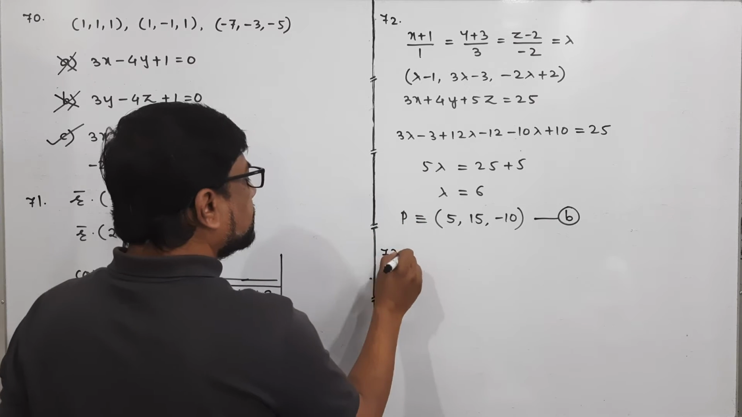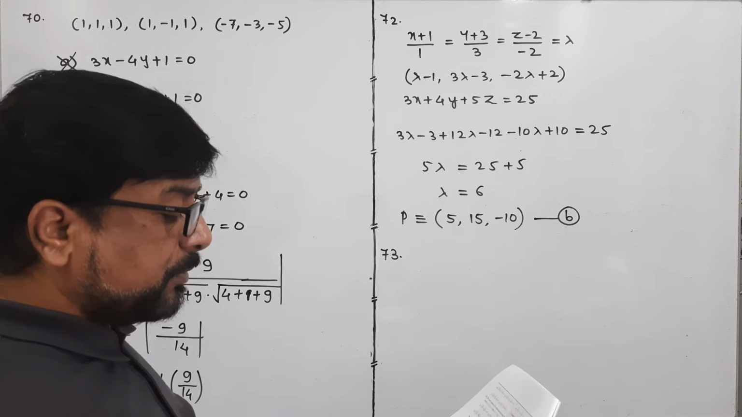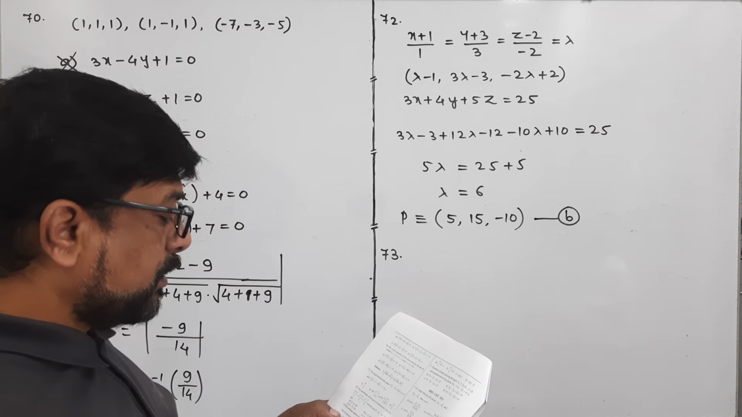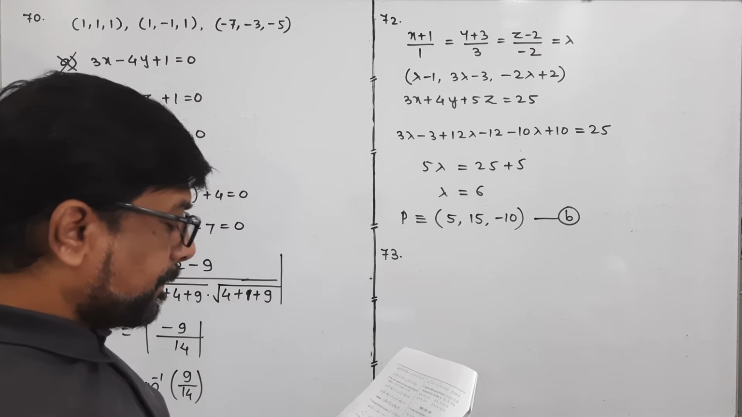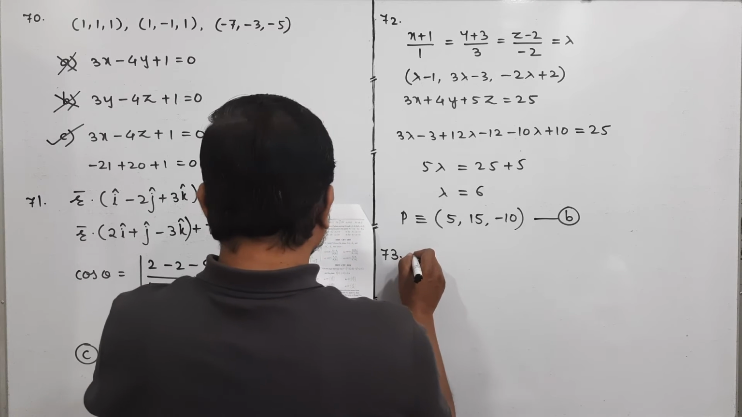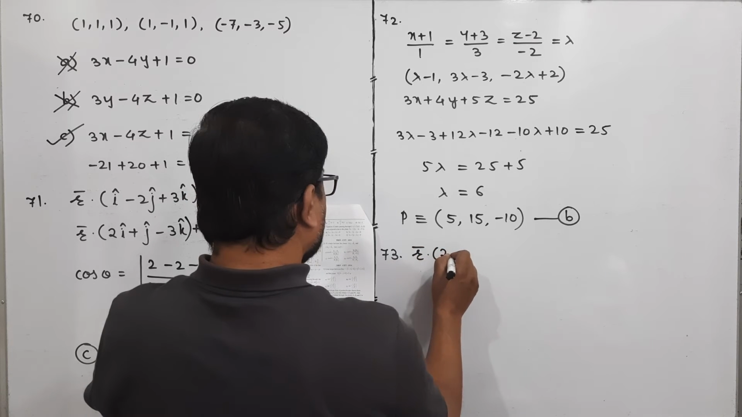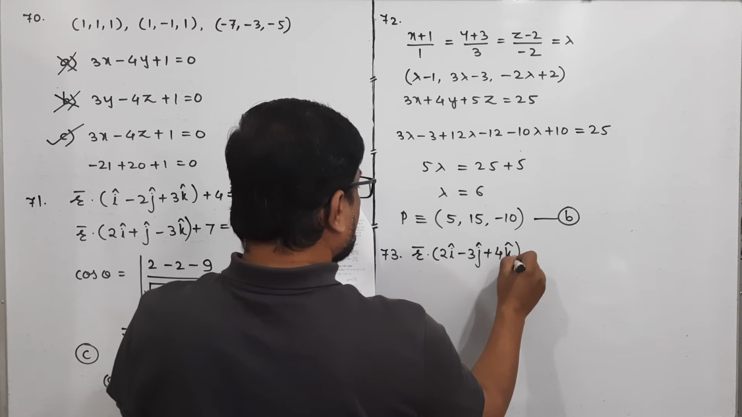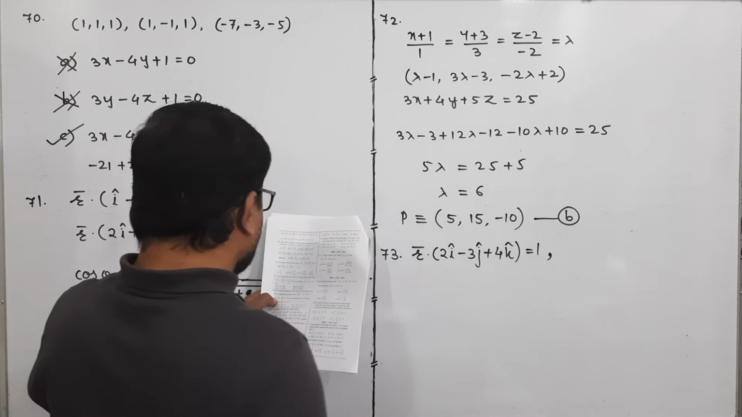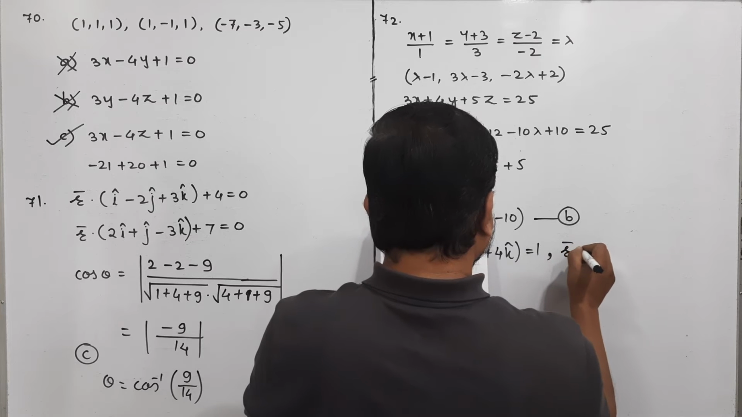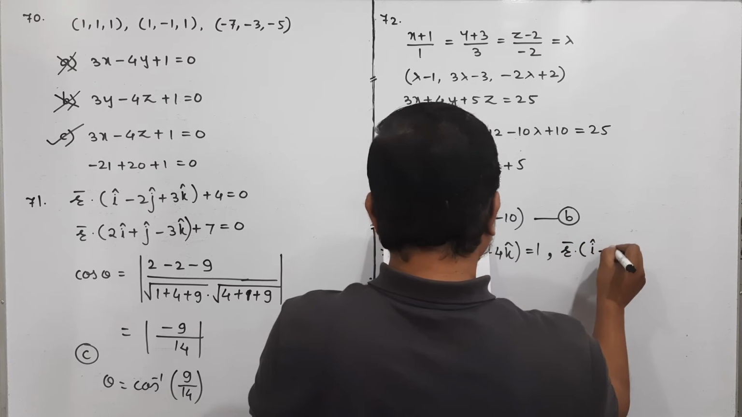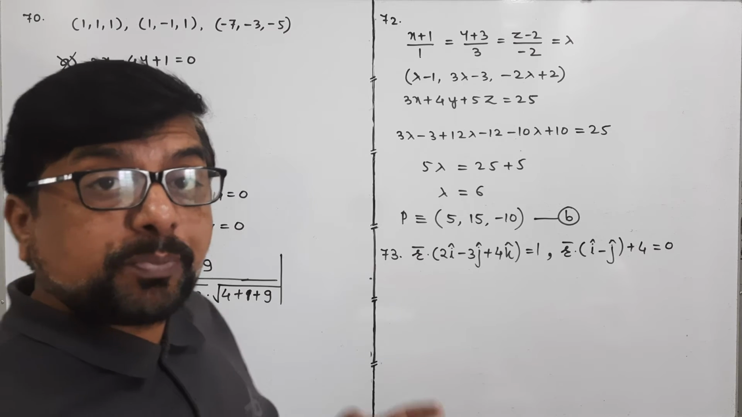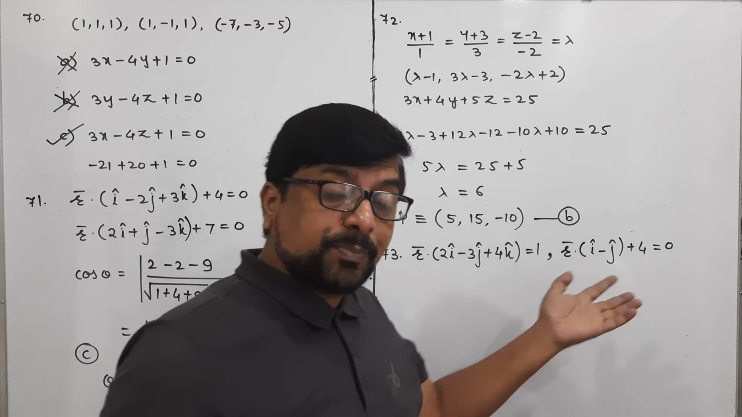Next, question number 73, the Cartesian equation of the plane passing through the line of intersection of the planes, दो प्लेन दिए हमें, r vector dot 2i cap minus 3j cap plus 4k cap is equal to 1। दूसरा प्लेन दिया है r vector dot i cap minus j cap plus 4 is equal to 0, and the plane which is passing through the line of intersection of these two planes is perpendicular to third plane दिया।